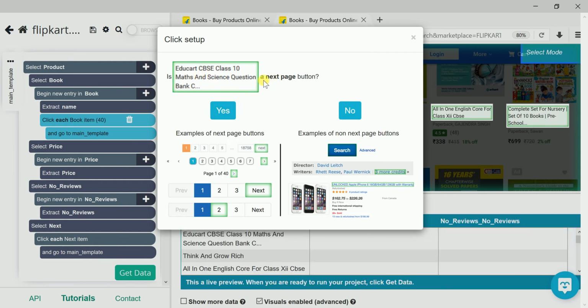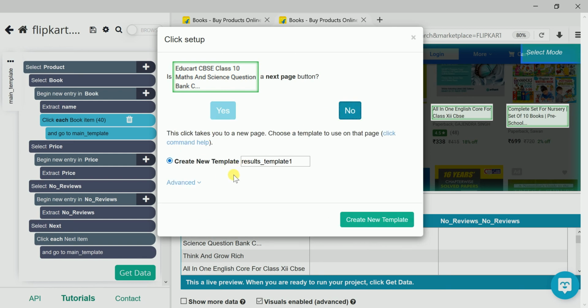Again it is asking about the next page button, but this is not a next page button. Okay, I'll write here no. It is asking, would you like to do this in the next template or a new template? I record a new template. I can give a name for the template,